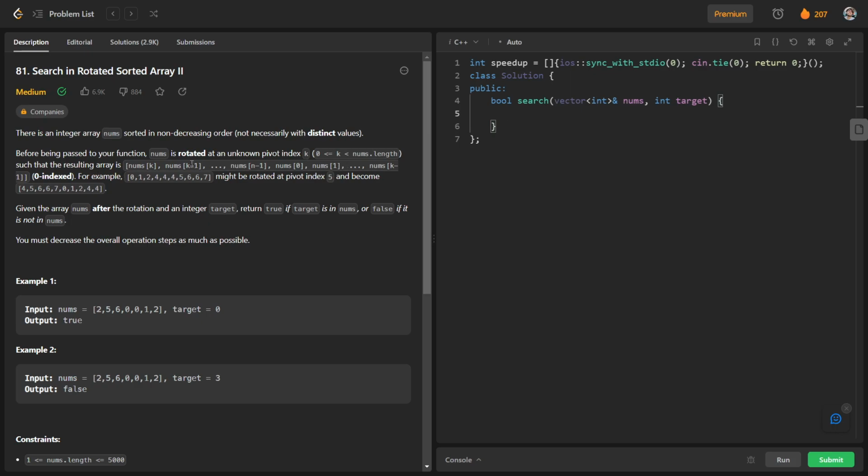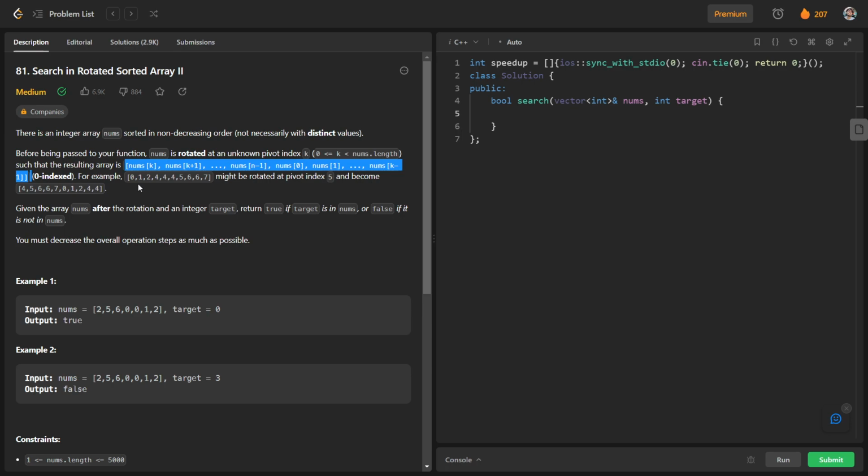After the rotation, the resulting array is nums[k], nums[k+1], up to nums[n-1], and after that nums[0], nums[1], up to nums[k-1]. So in this way the array has been rotated.